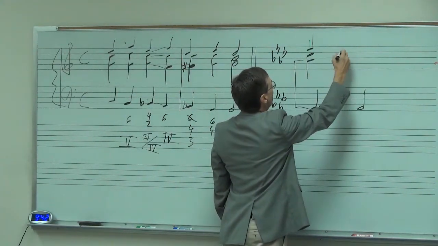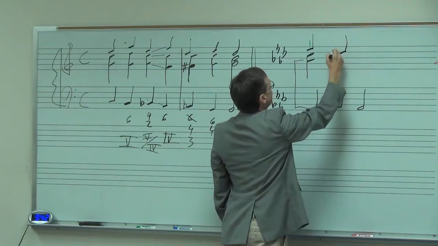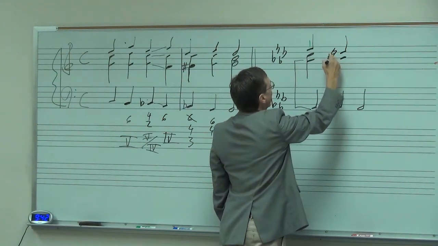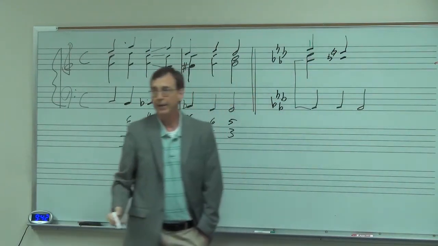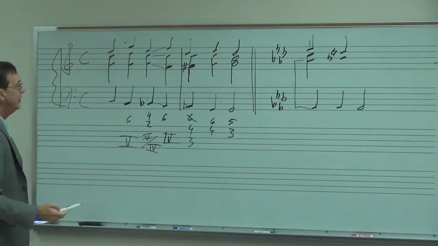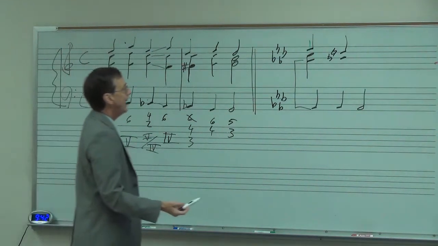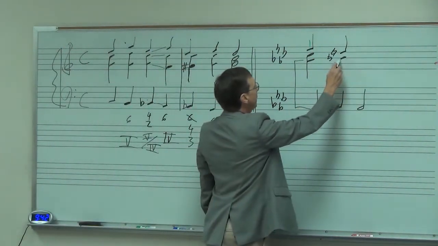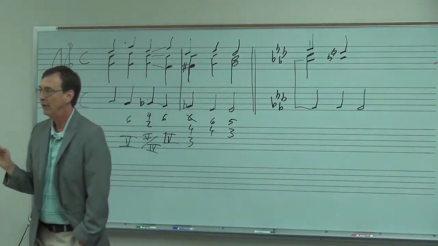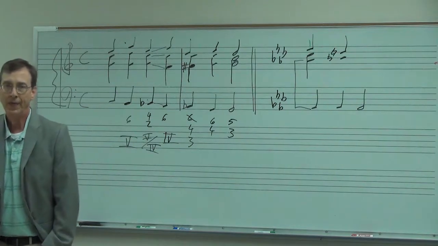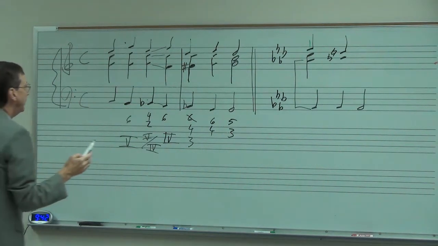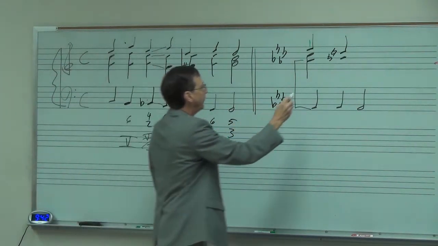So the first thing we want to do is doubly chromatically neighbor the third and the fifth, okay? The last thing to do is make that A flat be a member of the community of this fully diminished seventh chord. Now, what would that be? F. Now,